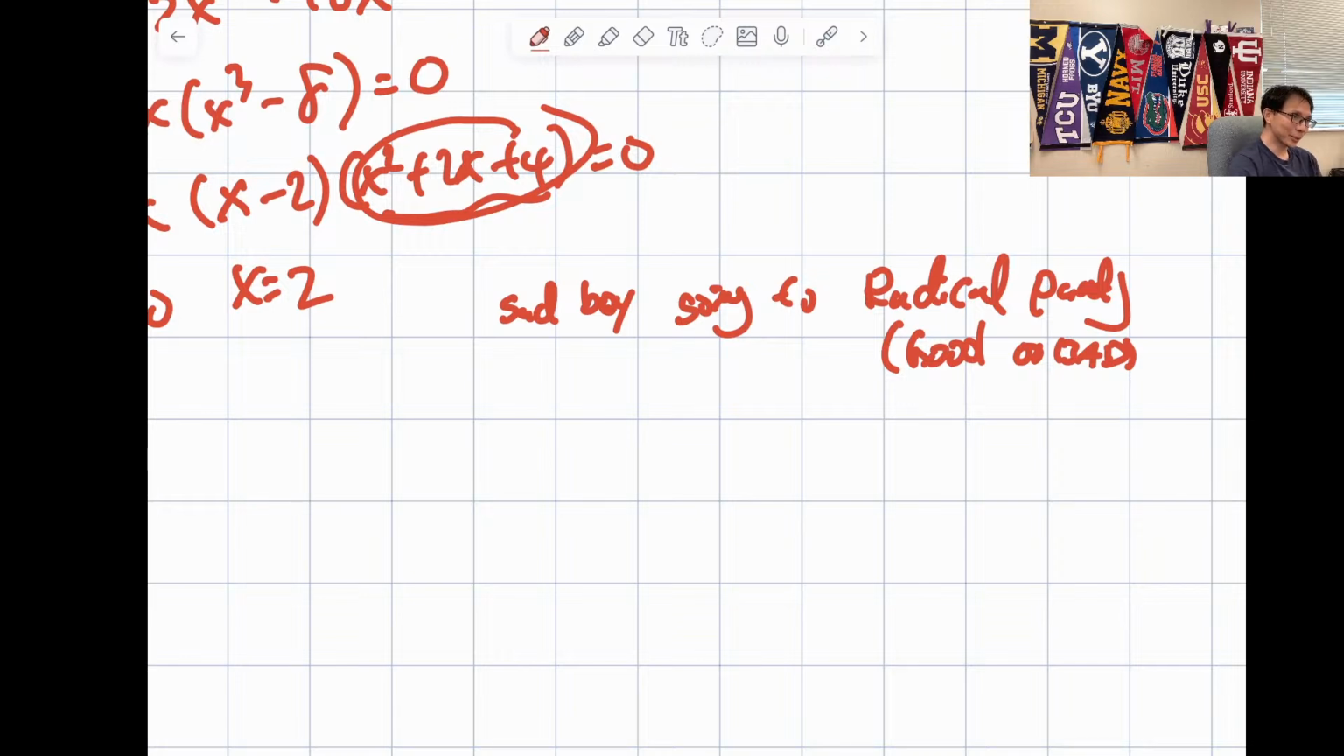Do you know how to do a square dance? Maybe you gotta learn. Maybe that's how you get numbers. Okay, so the sad boy is doing square dance